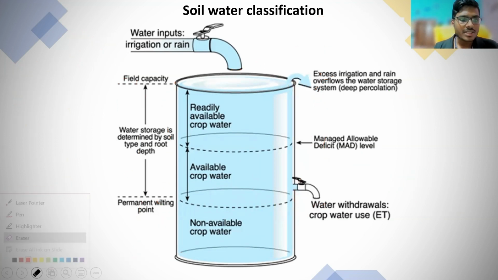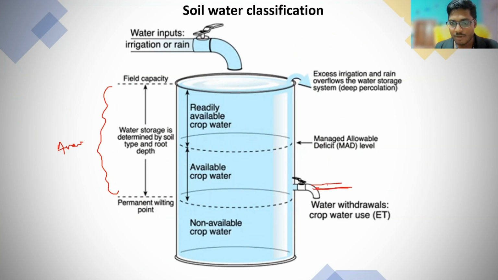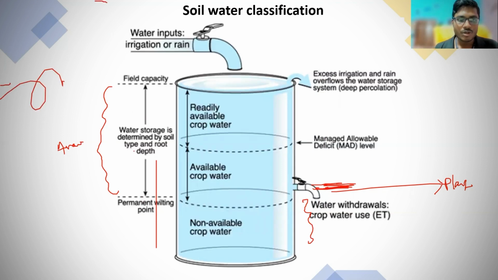Okay, so now we'll see. In this example, we know that field capacity to permanent wilting point is only available, because below this is the outlet. The permanent wilting point is the outlet, and below this water will not be available to plant. So field capacity to hygroscopic coefficient is your capillary water, but all capillary water is not available. Only field capacity to permanent wilting point is available, so a portion of your capillary water is available to plant.